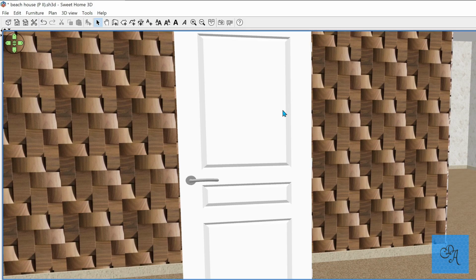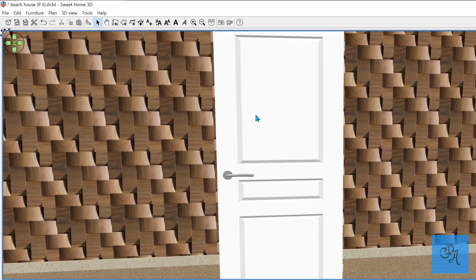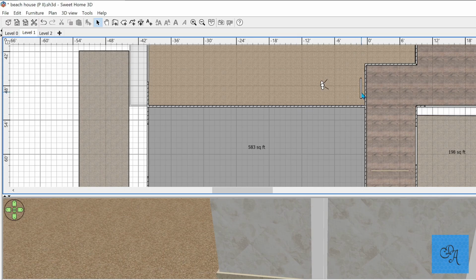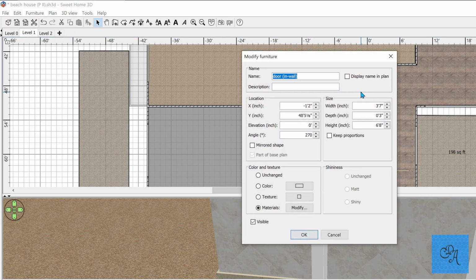So, a couple things, one thing of note here. You want to make sure you're on the second level. You don't want to do this on the first level. You're going to be super disappointed. So, you want to go on a second level. So, Control-Alt-N will get you on a second level. If you have a second story,